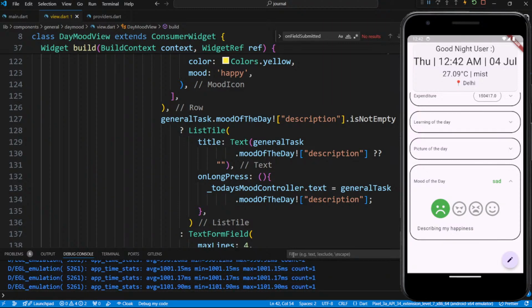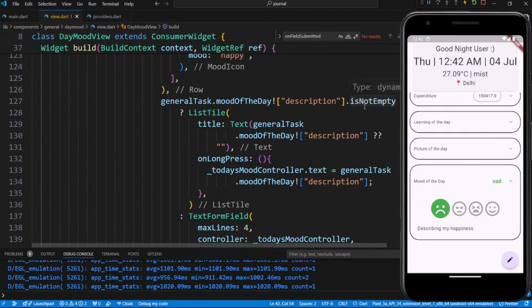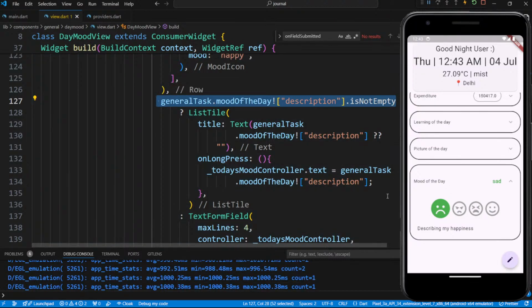So if you see, we showed a text form field that is empty. You long click, enter the edit mode, and